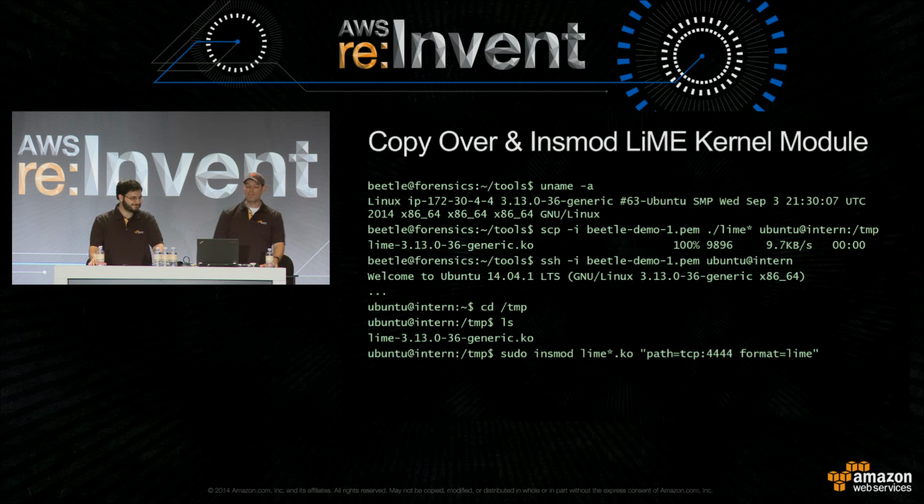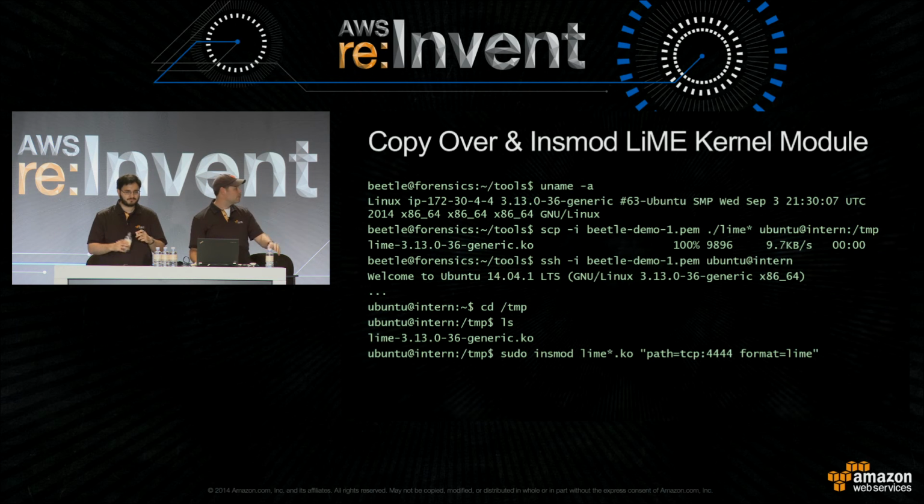Copy over and insmod a Linux memory extraction kernel module. In this case, we'll want to build a memory profile specific to the actual Linux version. And so this is an example of actually copying over first our Linux memory extraction tool.